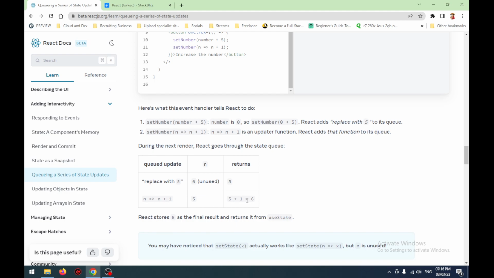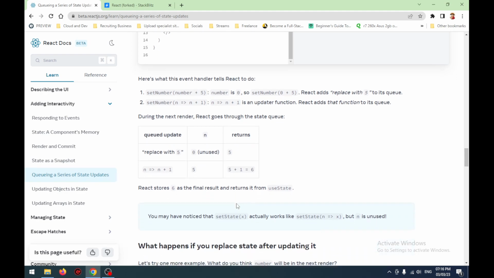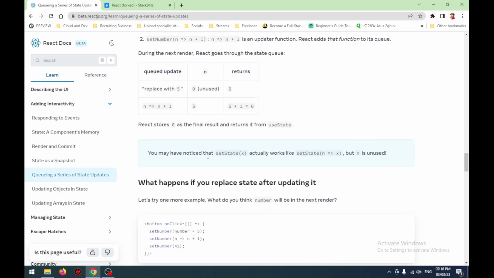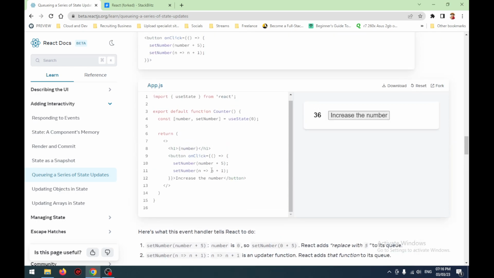So 5 plus 1 is equals 6. We have stored 6 as the final result of the user state. You may have noticed that actually works like set state and exit, but n is unused. Yes, that's what I was kind of weird. If there was a number here instead of n, I would have noticed, but